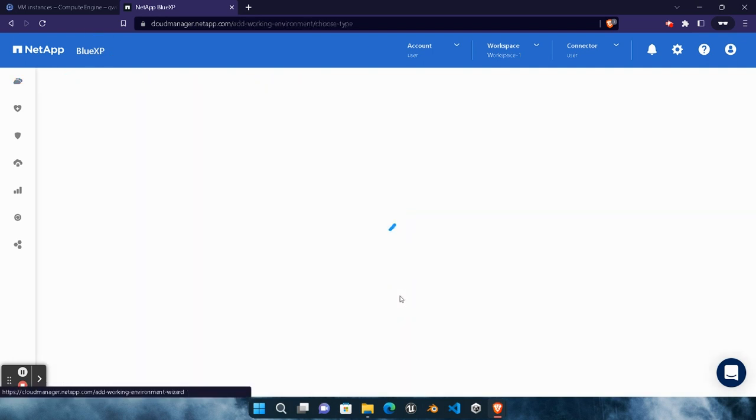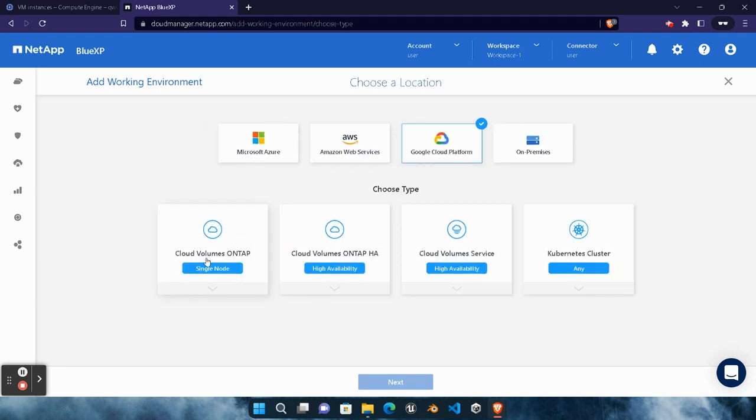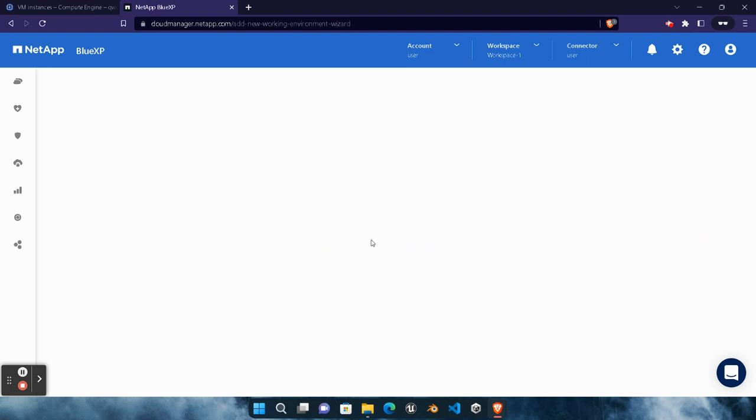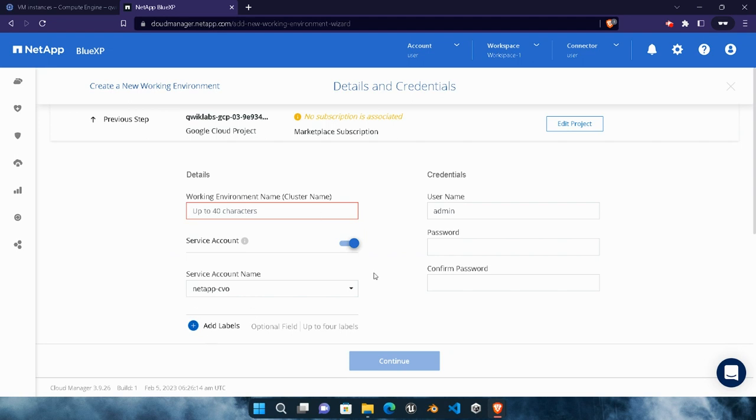Wait for this page to get loaded. Click on add working environment. Click on Google Cloud Platform. Select cloud volumes ONTAP, single node. Click on next button. Now wait for this to get loaded up. It will take around 1 to 2 minutes to get loaded. You will get this page like this, and if it takes a lot of time, then simply cut this page